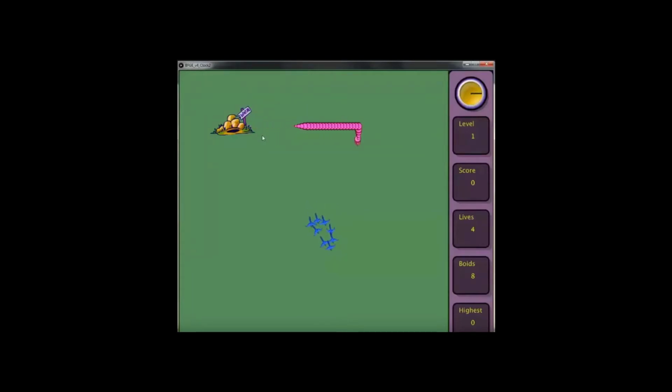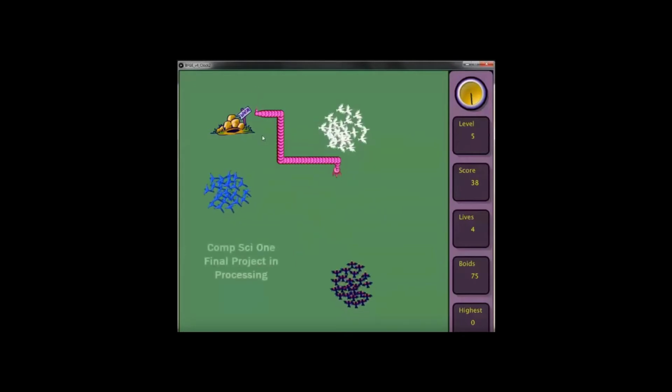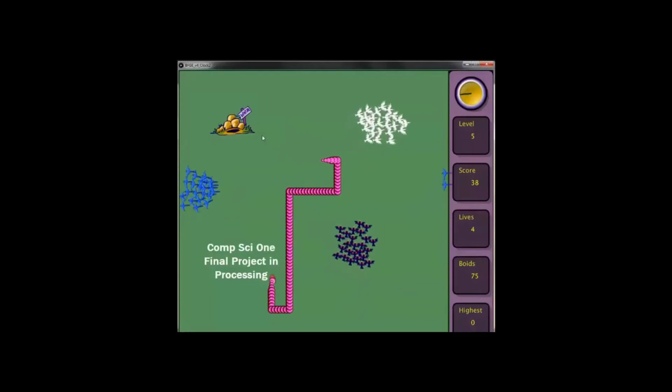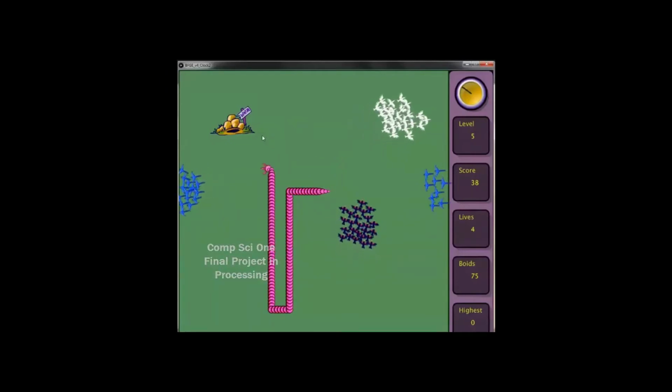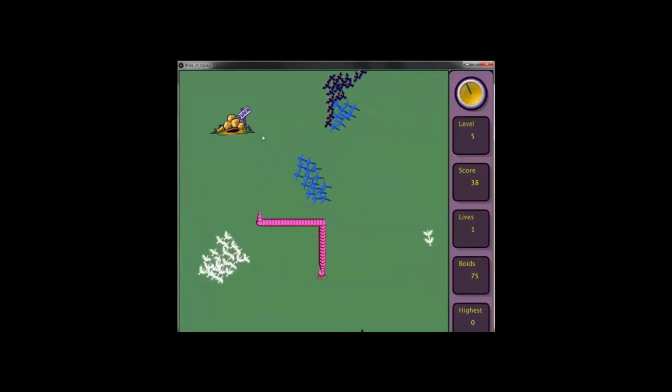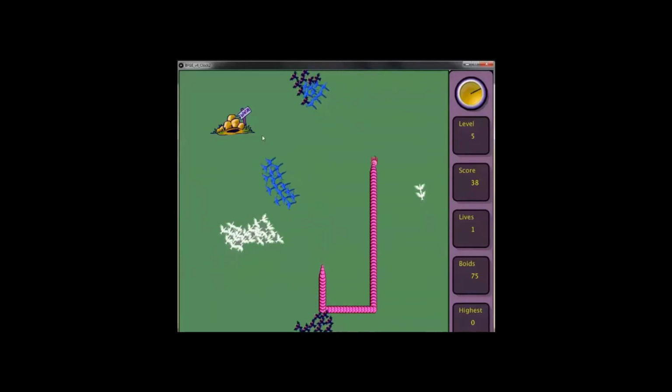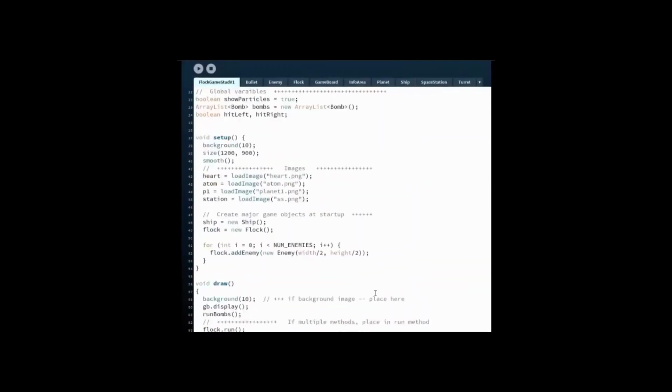This is an Intro to Computer Science final project. It's called The Early Worm Gets the Bird, and basically the worm tries to surround an entire flock of birds. The birds are flocking together, and the idea here is if the worm encircles the flock, he gets points, and if the birds touch the tail of the worm, you die. That game was written a couple of years ago in Java,